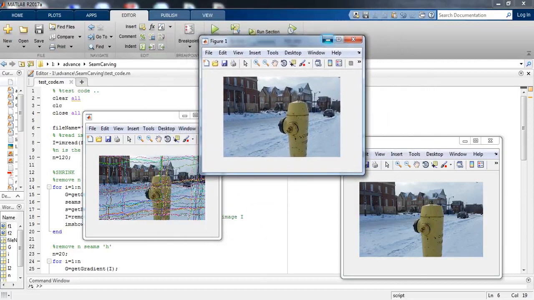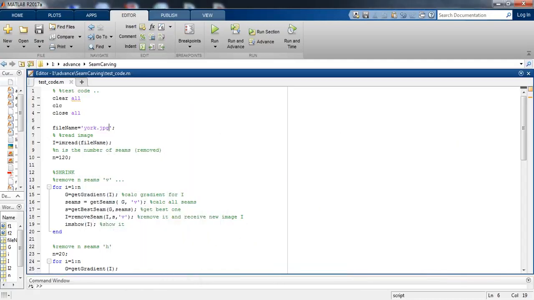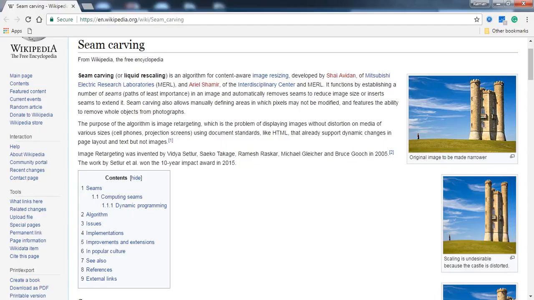Okay, now come to the coding part. It is seam carving for content aware image resizing. So let's first understand what seam carving is. Seam carving is an algorithm for content aware image resizing developed by Shai Avidan of Mitsubishi Electric Research Laboratories and Ariel Shamir of the Interdisciplinary Center and MERL.